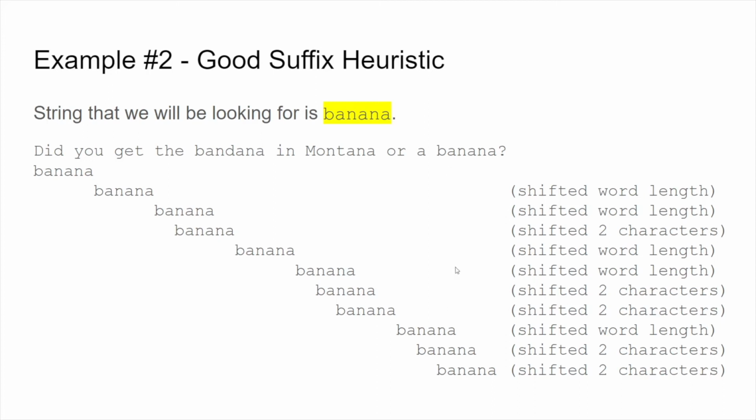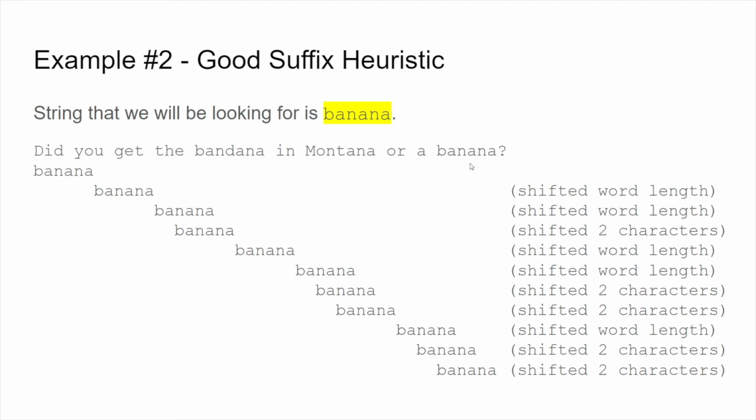so we have to shift the whole word's length. Here the A is lined up with the first A in banana, and we look at the next character, B and N line up, however they do not match, and we have to look in there for another instance of A to shift,